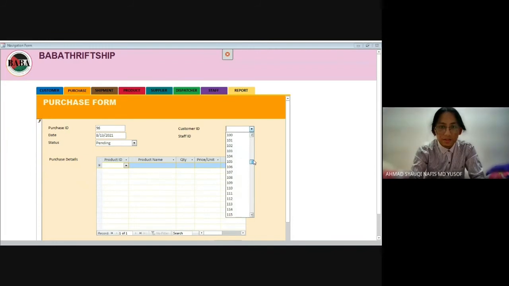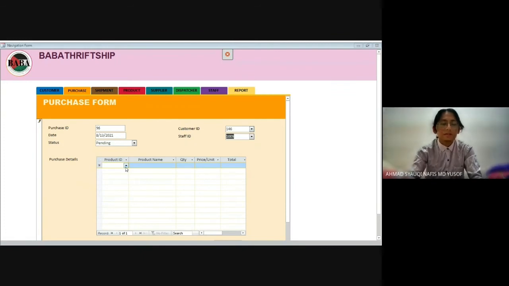For the customer ID, let's just use the latest customer ID I just saved, which is my name at 146. And then for the staff ID, let's use the latest one I just saved as well, 1009. For the purchase, for the product ID, you can choose from the drop-down menu here.